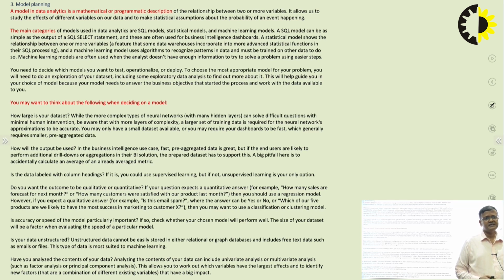In the business intelligence use case, fast pre-aggregated data is great, but if the end users are likely to perform additional drill downs or aggregations in their business intelligence solution, the prepared data set has to support this. So a big pitfall here is to accidentally calculate an average of an already averaged metric.